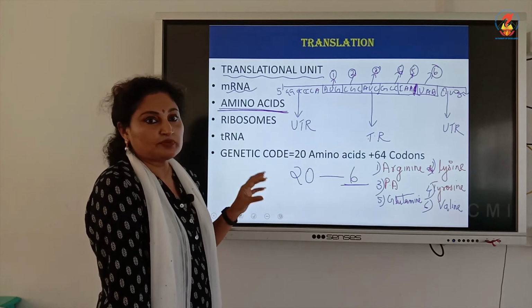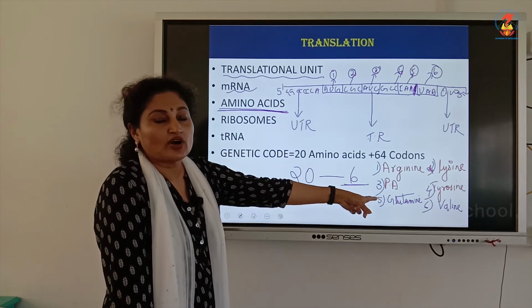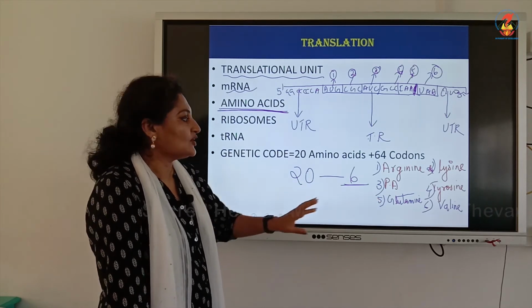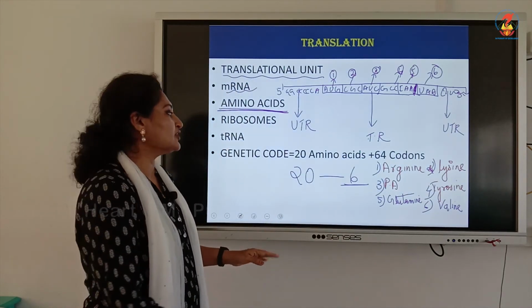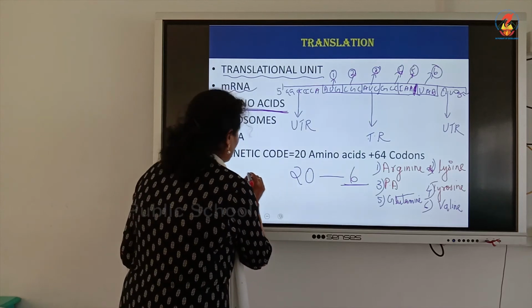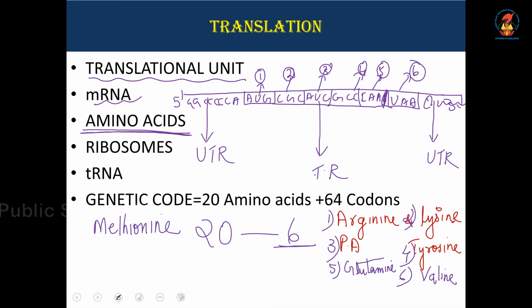In the 6th position of the beta globin chain, glutamine or glutamic acid should be present, but a wrong amino acid is substituted, called valine. So, we are familiar with 6 amino acids. One more amino acid we have to be familiar with, which is very, very important, that is methionine. So, to your list you have to learn only 7 amino acids by heart. You need not learn the remaining 13 amino acids. But remember, there are 20 amino acids, of which 6 you are familiar with, and the 7th one, methionine,